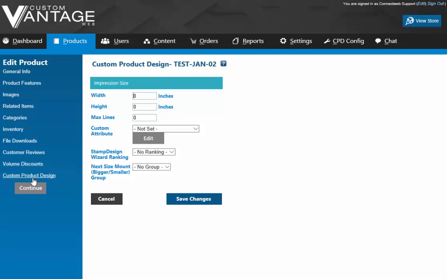And now we're going to touch base on this here. So under Custom Product Design, we have the ability to set our width, height, maximum lines, and an attribute for the impression area. Whether that be a stamp or a sign or a date or what have you, this is where you're going to configure those options or those settings. So the width of my stamp, I'm just going to make it a 2.5-inch stamp by, let's do,